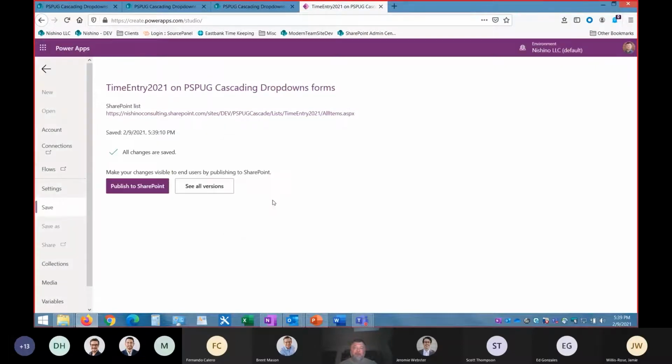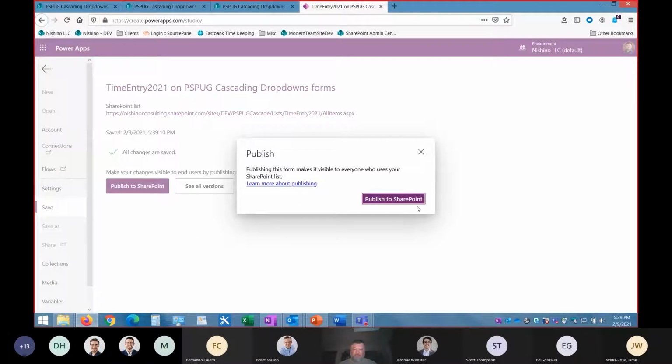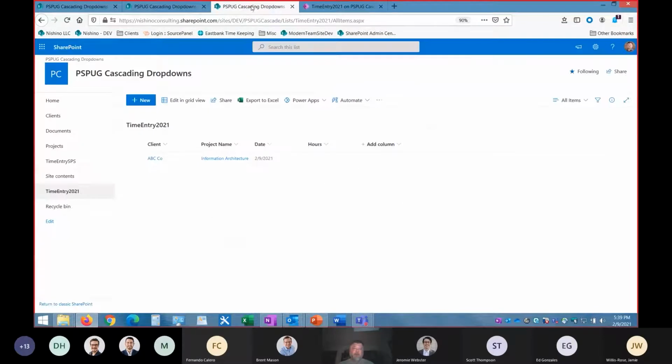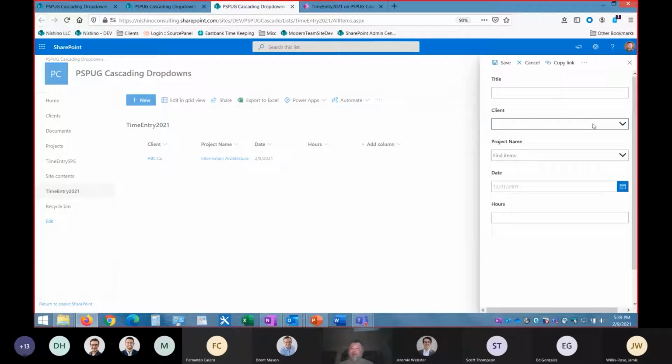Let's go ahead and publish this thing to SharePoint. And let's go hit our list and refresh. I always do a shift refresh. I find that's the most reliable way to make sure I'm working with the most recently published version of the Power App. So let's see if our,